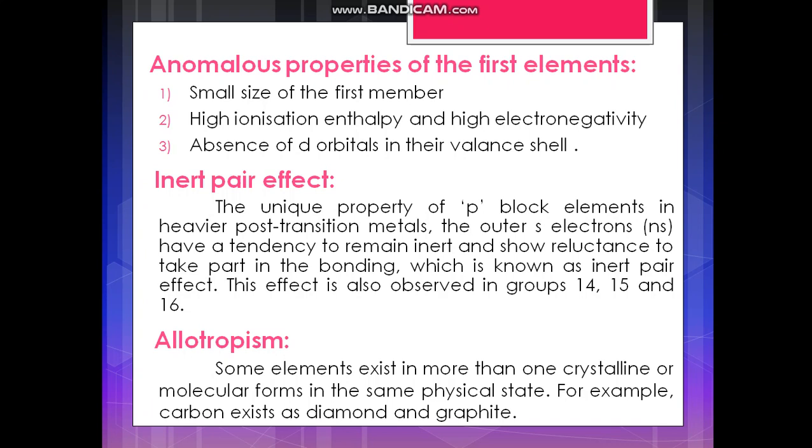In the same way, in group 14, the first element, carbon, is a non-metal, while other elements are metalloids. What are metalloids? Those which possess both metallic and non-metallic character. Example, silicon, germanium. In the 15th group also, the first element, nitrogen, differs from the rest of the elements. Like carbon, nitrogen can also form multiple bonds, double bond and triple bond. Nitrogen is a diatomic gas, unlike the other members of the group. The first element of group